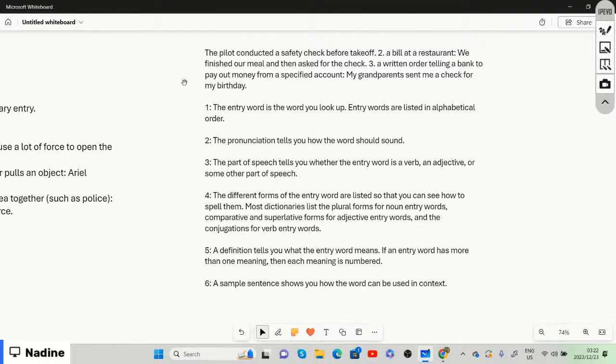So as much as you looked up force, right? And next to the word force, they'll give you the part of speech, to tell you whether it is either a verb or a noun. But then there will also be different forms of that entry word listed so that you can maybe see how to spell them